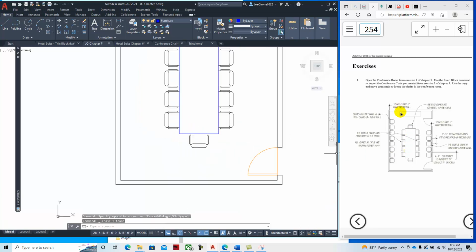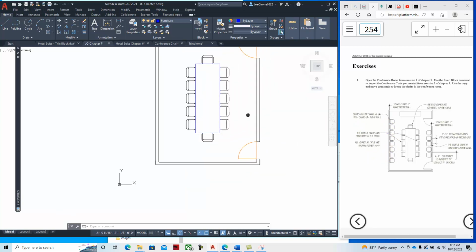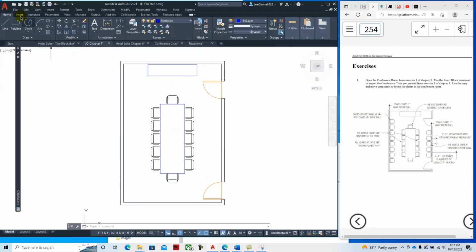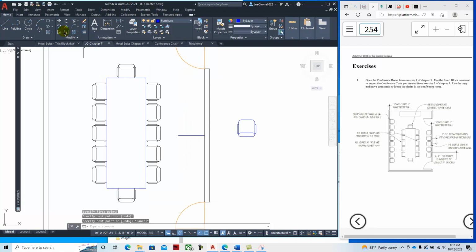All right, so we have the chairs centered around the conference table, and then as we go through, the middle chair is centered on the wall for this right one. It doesn't really say, but it probably is for this other one too. And so as we go through this technique, we can paste as a block another one of our chairs here. And then we can draw a line from the midpoint. And then what we can do is we can rotate this chair